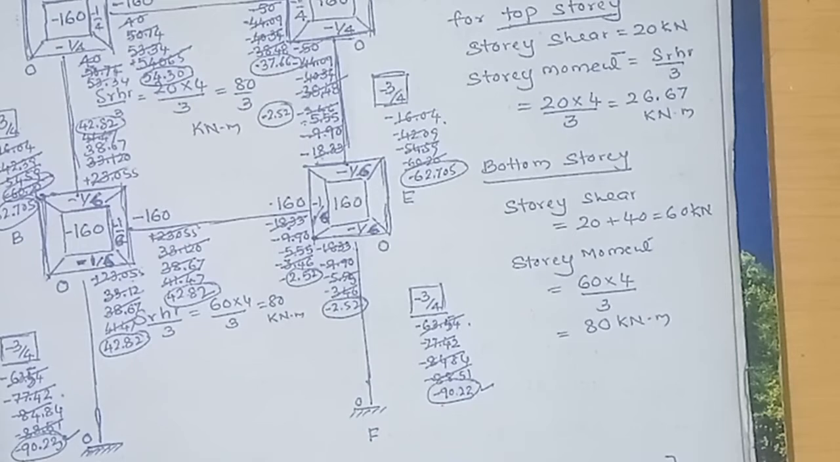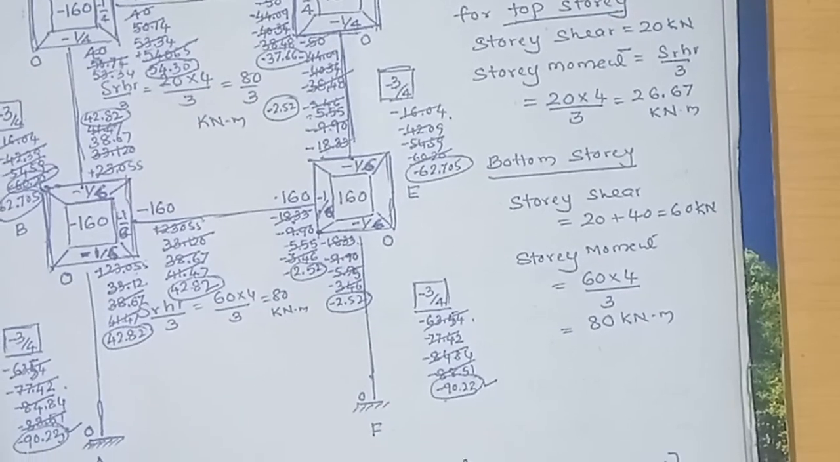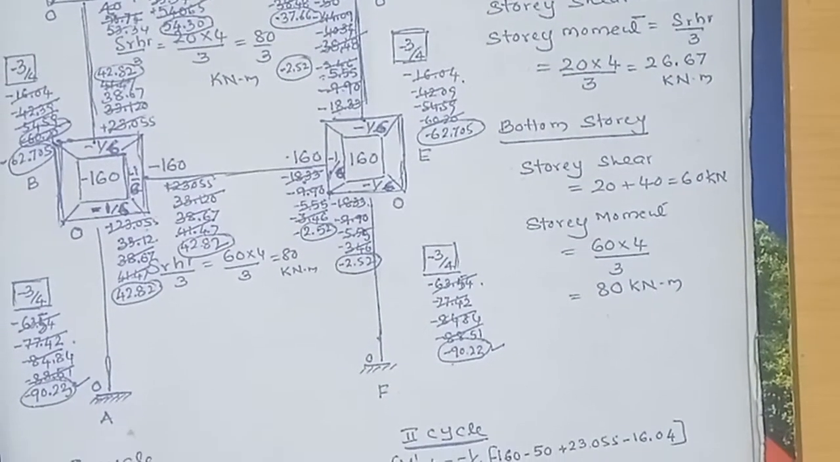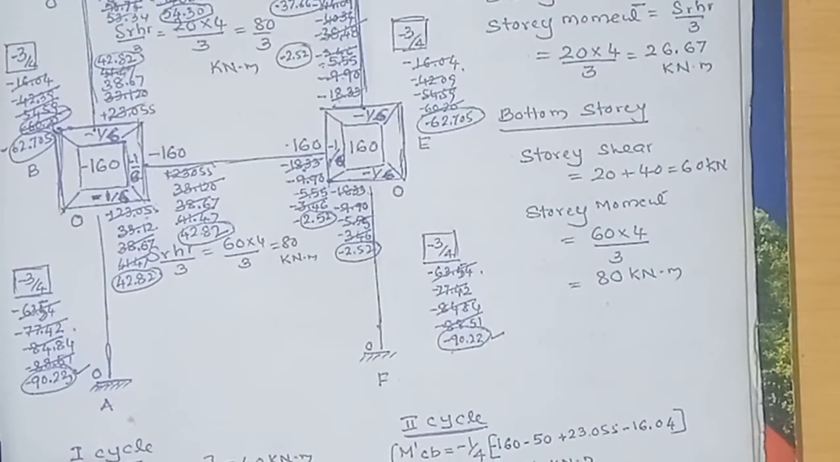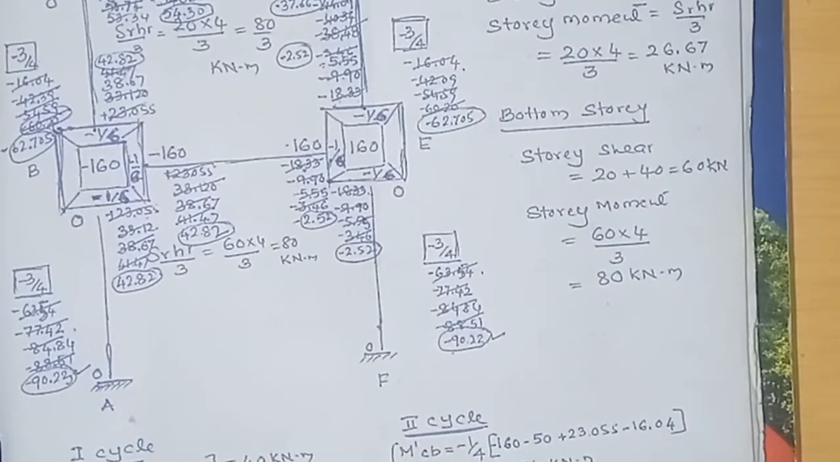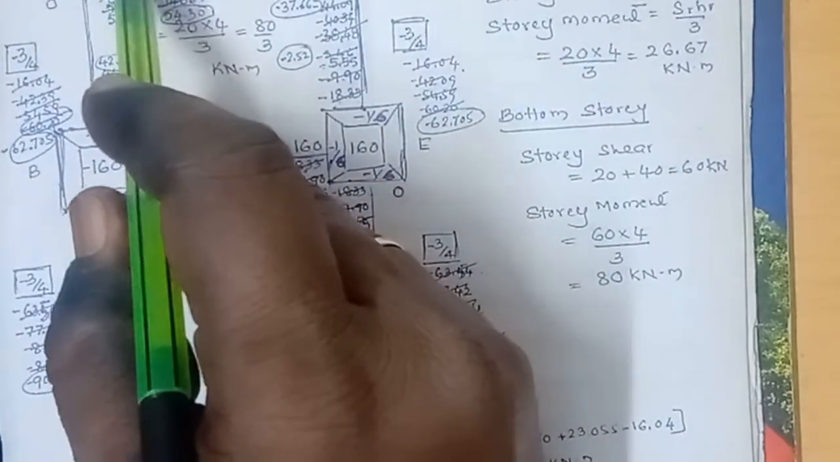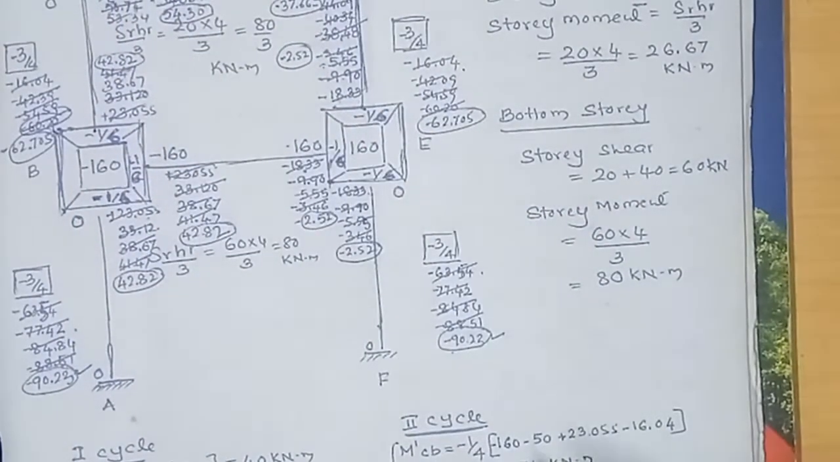Now we have completed one cycle of calculation of the rotational moment contribution and the displacement contribution. Now we will go for the second cycle. In the second cycle, again start from joint C, M dash CB, M dash CB for the vertical member,